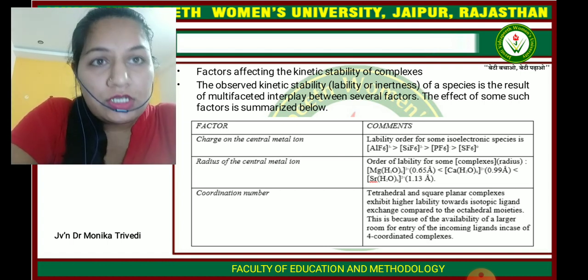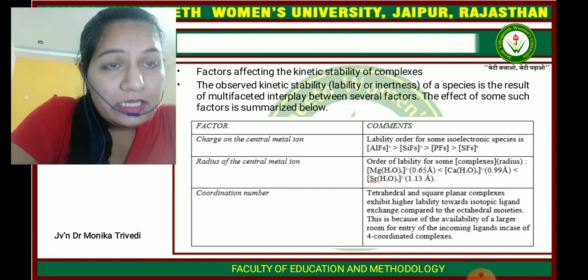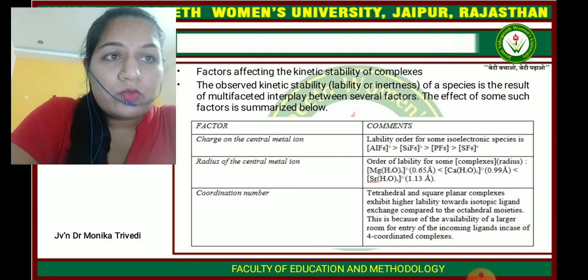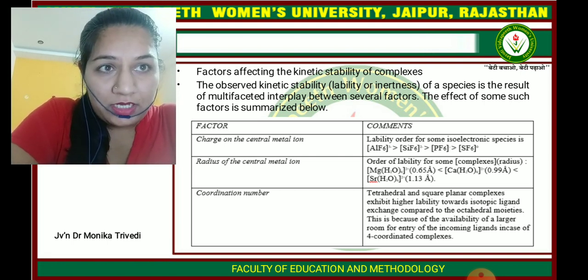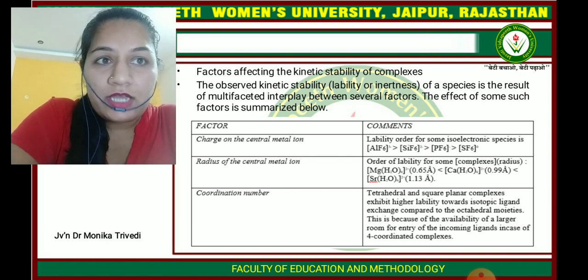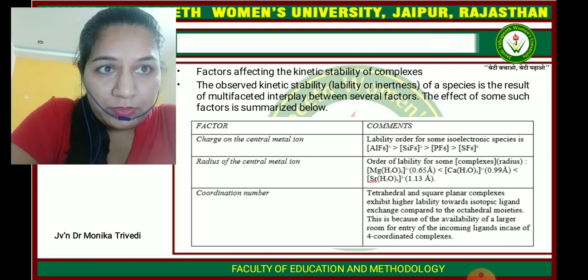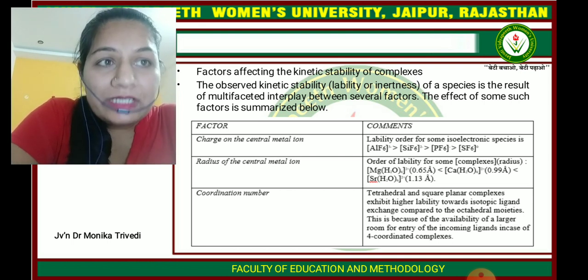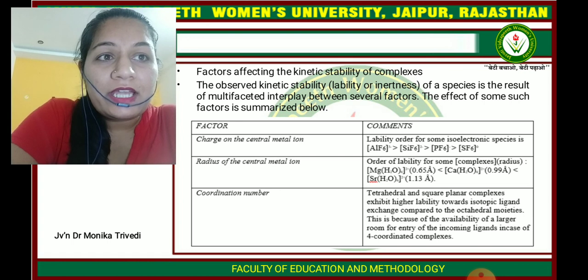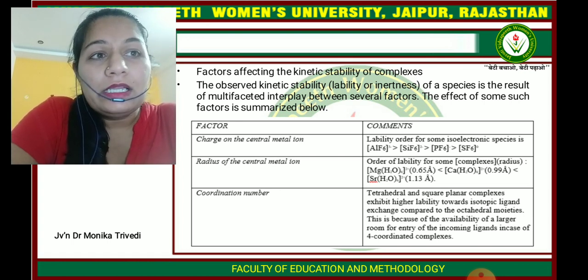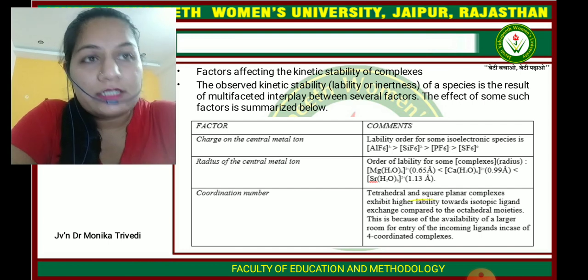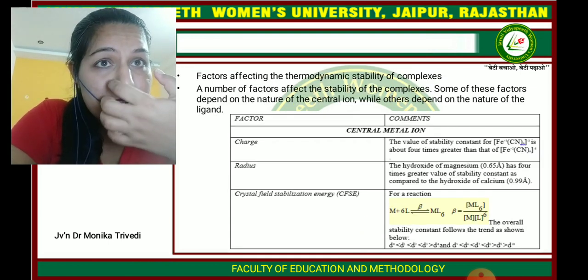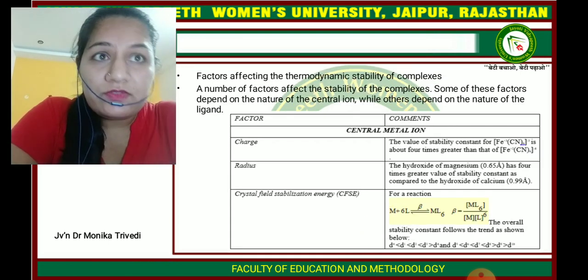If the coordination number of a central metal ion changes, tetrahedral or square planar complexes exhibit a higher lability towards isotopic ligand exchange compared to octahedral complexes. This is because the availability of large room for the entry of incoming ligands increases in the four-coordinate complexes. The next are some factors which affect the thermodynamic